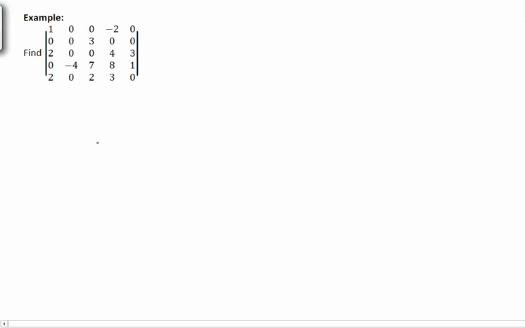So here I'll do a much more complicated example. I'm going to highly suggest at this point we move down either the second row or the second column. I'm going to go ahead and pick the second row. Most of the things are 0 except for this 3. And if I look at my checkerboard, here's a plus, here's a minus, here's a plus, and this 3 would be a minus. So negative 3 times, deleting that row and column,